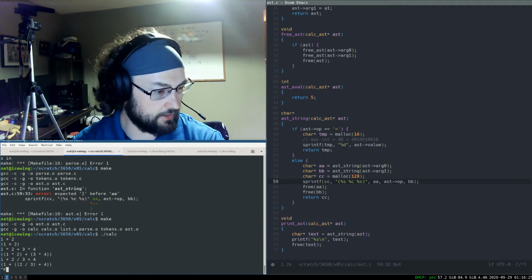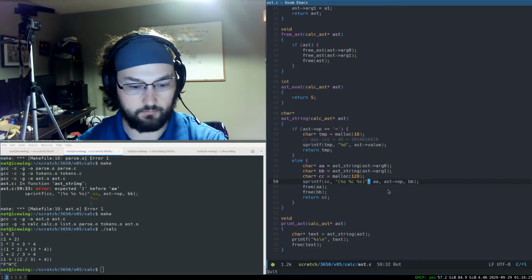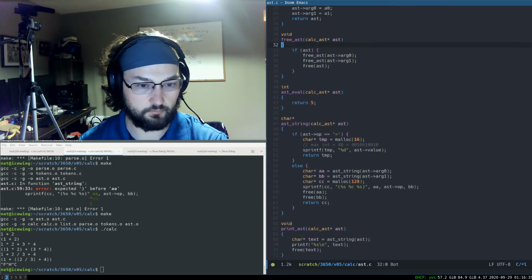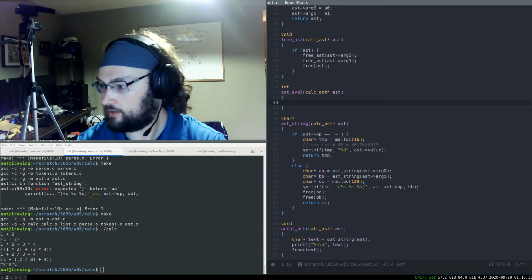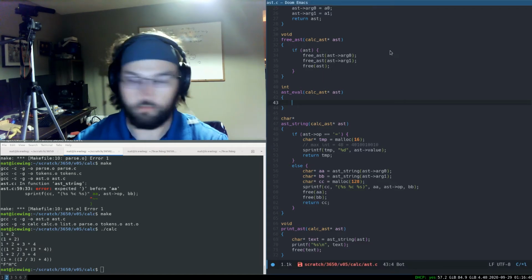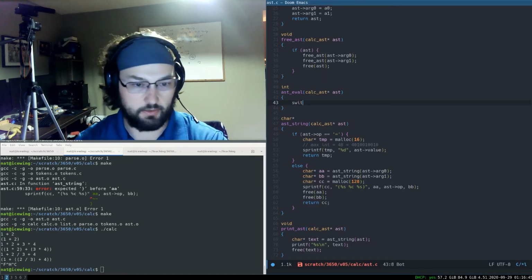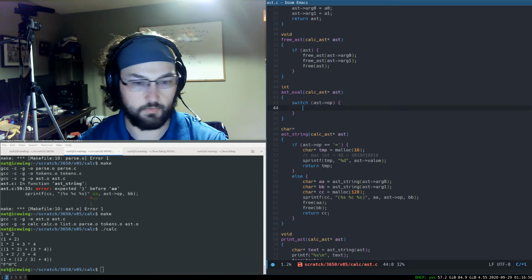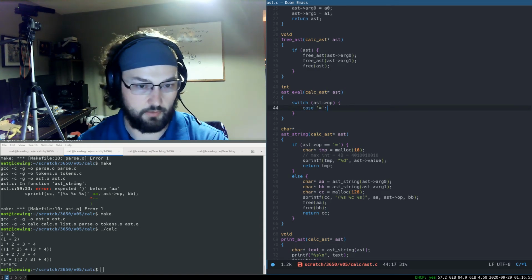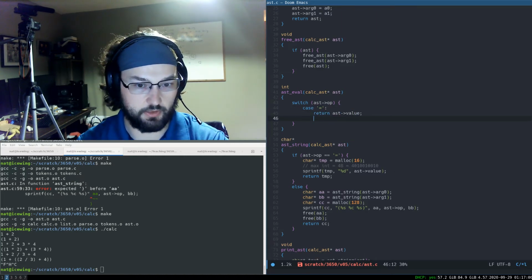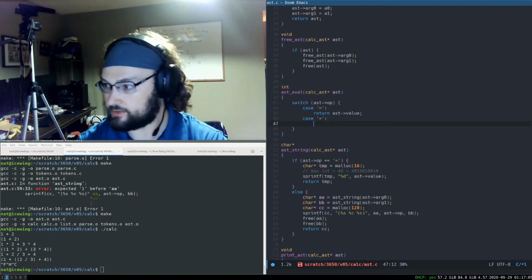Alright, so next thing is we want to actually go ahead and do the eval. So that's here in ast.c. 5 is the wrong answer. Instead, we want to do a sort of switch on ast arrow op. If we get an equals, that means we can just return the value because we're a leaf. If we get a plus,